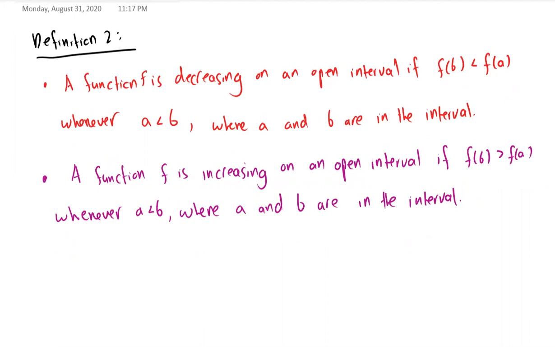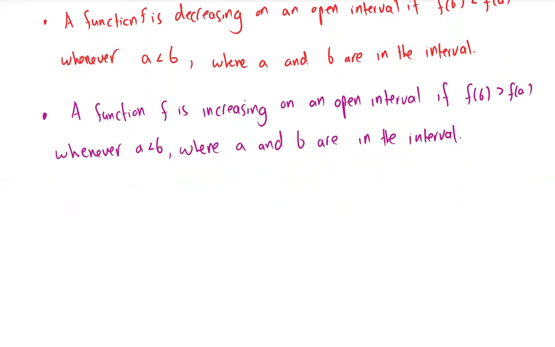Okay. So a function f is decreasing on an open interval. Again, remember, open means that both endpoints are parentheses. There's open parentheses. If f of b is less than f of a, whenever a is less than b, where a and b are any inputs in the interval. So to see how this translates to the graph version that we have,